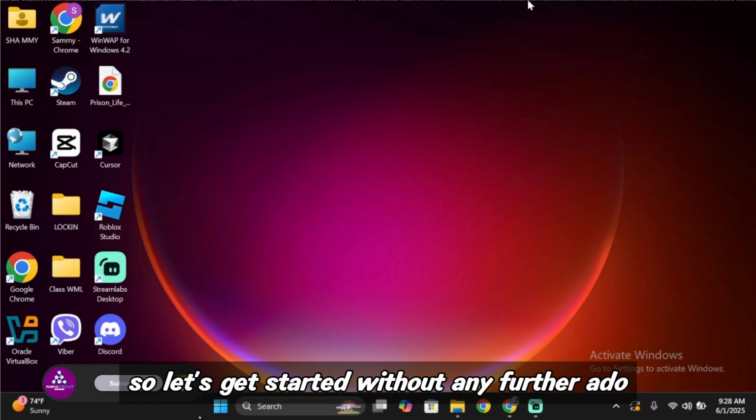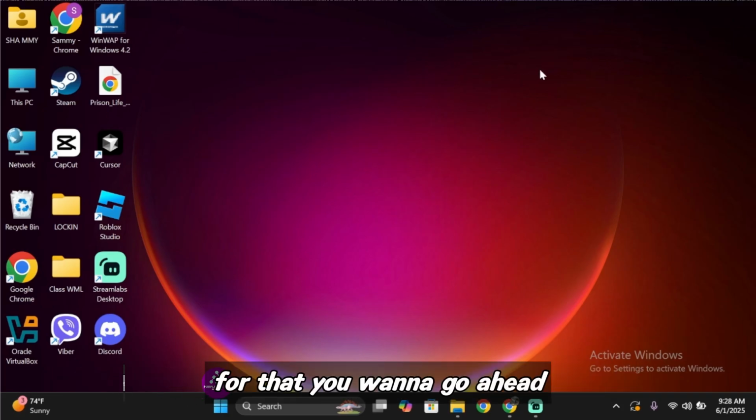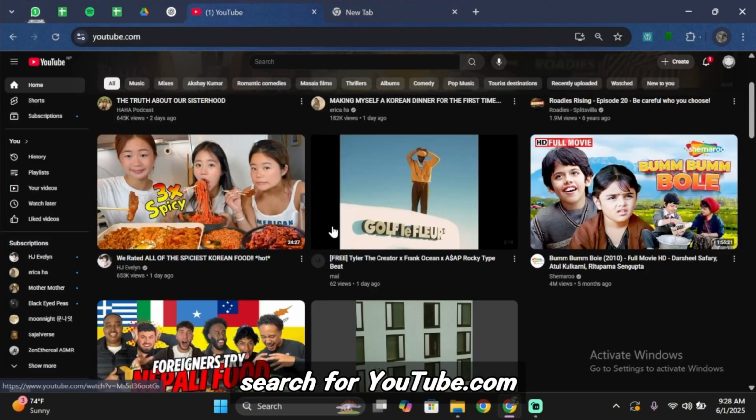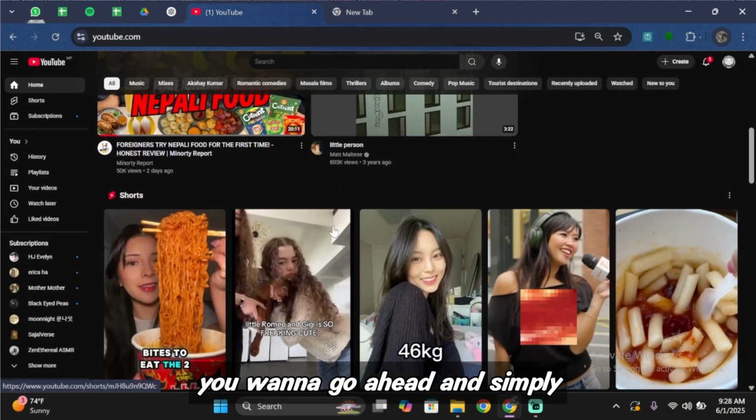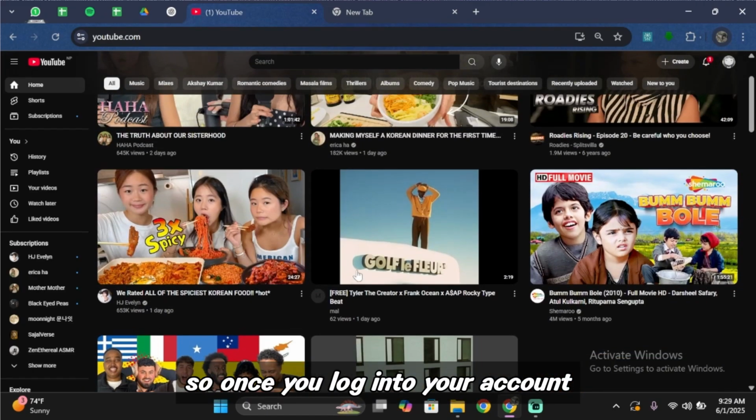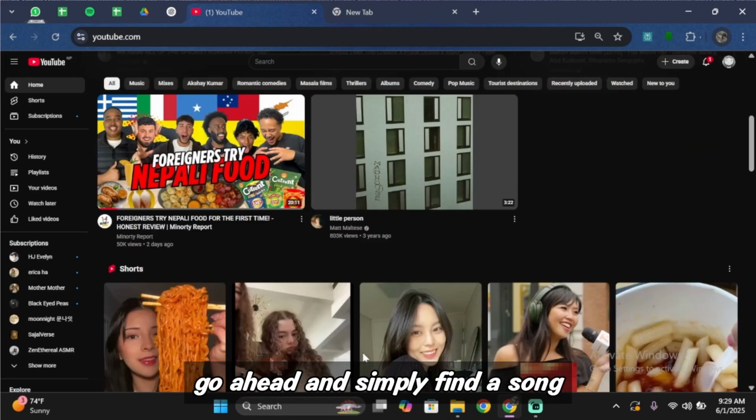So let's get started without any further ado. For that, you want to go ahead and open any browser in your PC, and then in the search bar, search for youtube.com. Once you search for it, you want to go ahead and simply log in to your YouTube account. So once you're logged into your account, go ahead and simply find a song you would like to add